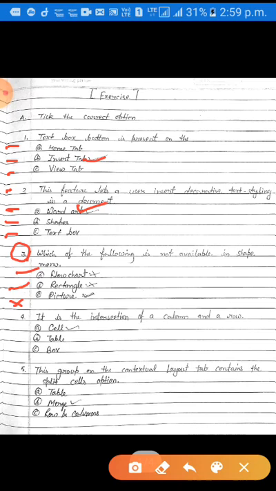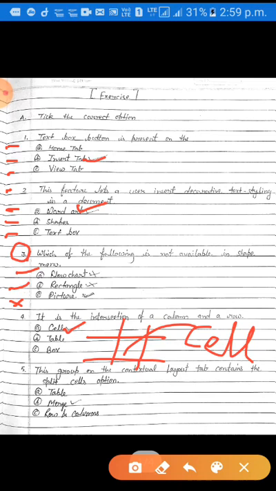I have already told you student, the intersection of row and column is called a cell. So dear students, option number A is the right answer.